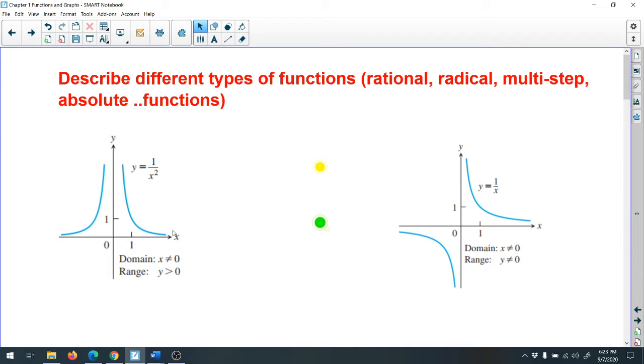Okay, if you got this kind of function, remember this curve because you will see it a lot in calculus. This is a graph of 1 over x squared. Function 1, it's a rational function, 1 over x squared. If you want to define domain and range,